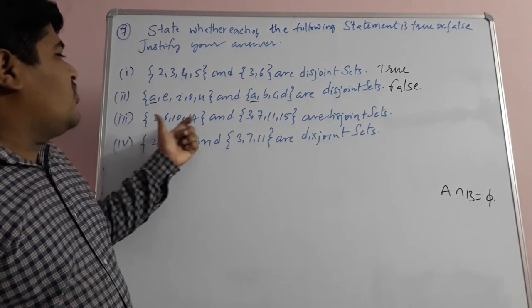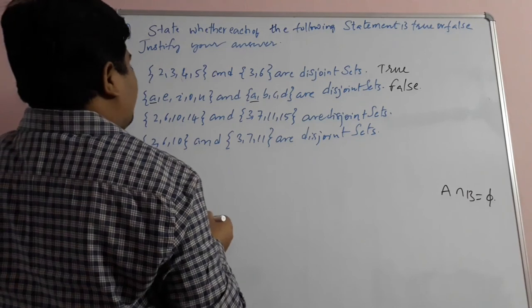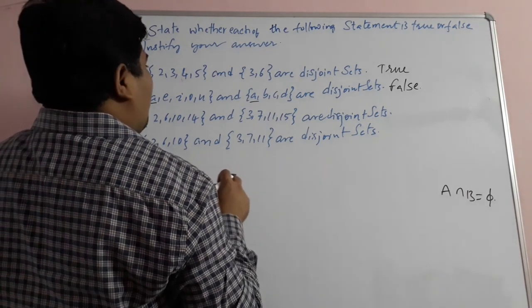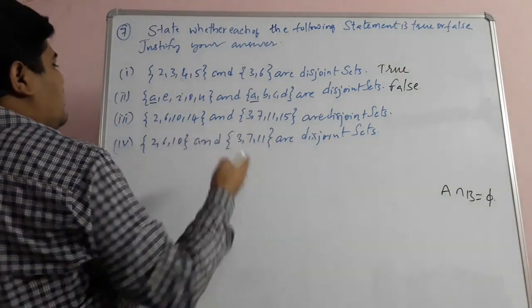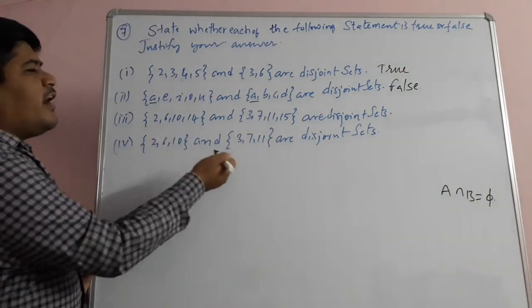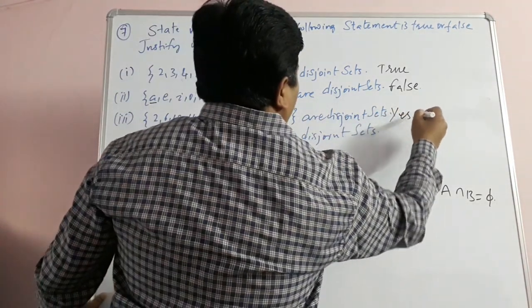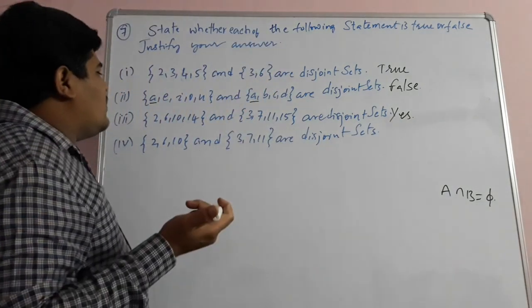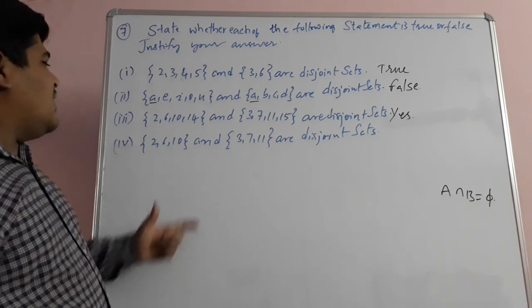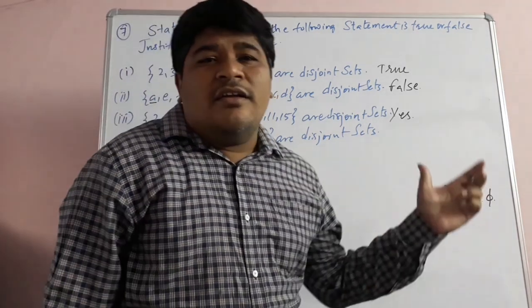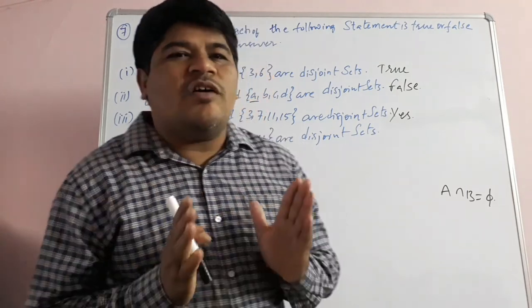So now third problem, 2, 6, 10, 14 and 3, 7, 11, 15. Okay, so 2, 6, 10, 14 and 3, 7, 11, 15 are disjoint sets. Yes children, if you see these two sets, there is no common element. One element also not in common to these two sets. Okay, so children, these are disjoint sets, true. Because these two sets are not having any common element. And in the same way, children, think if common elements are there, those are not disjoint sets. If common elements not there means those are disjoint sets.